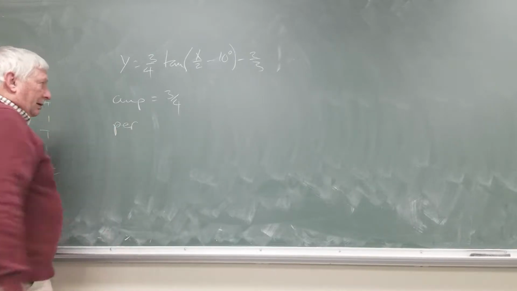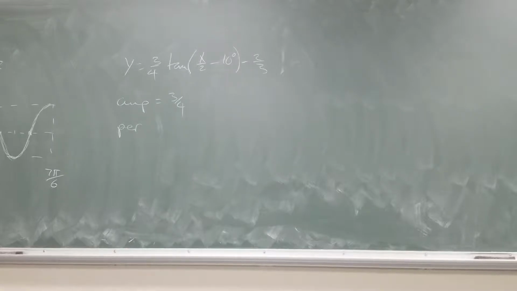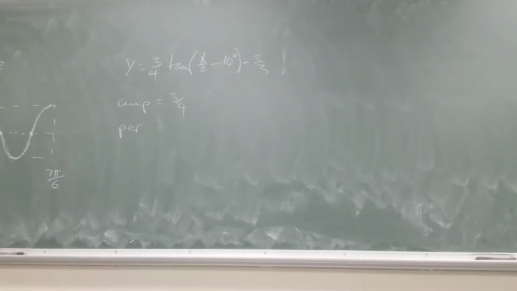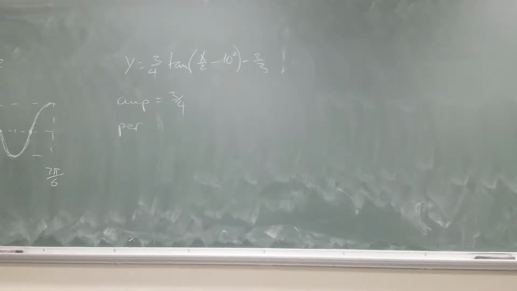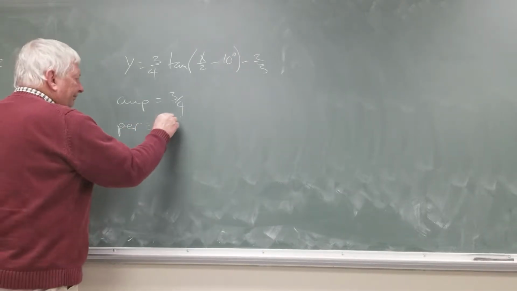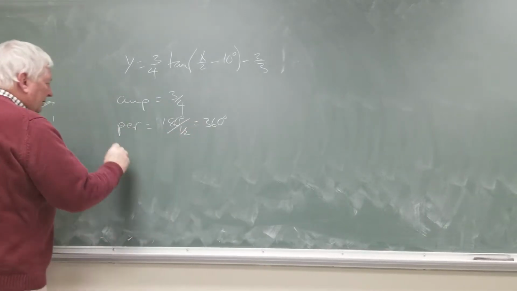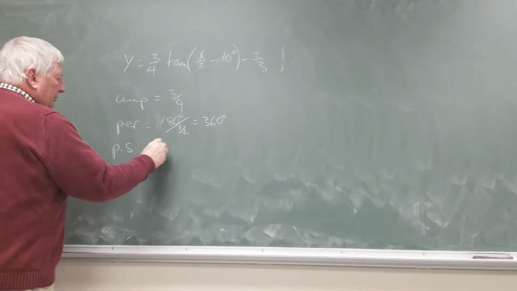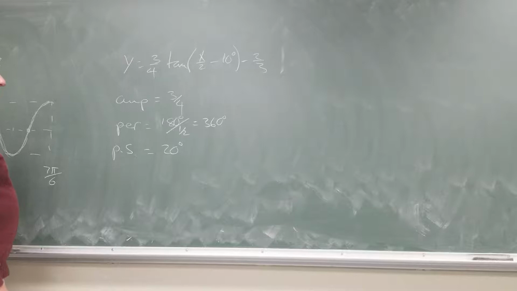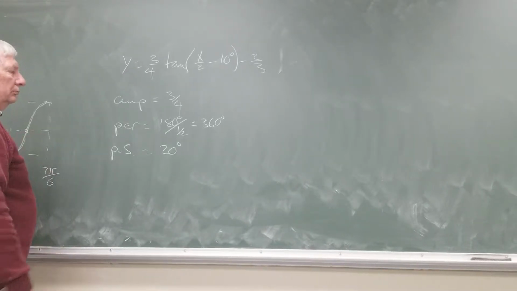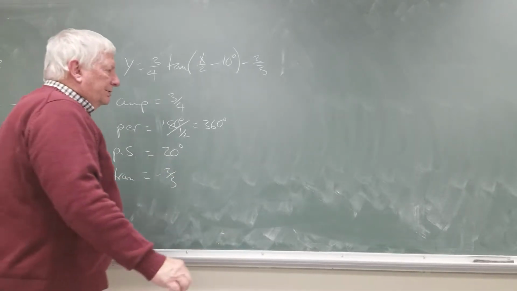Period. The standard for tangent and cotangent is only 180 degrees, or pi. In this case, degrees. So 180 divided by 1/2 is 360 degrees. Phase shift, 20 degrees divided by 2 is 10, minus 10 is 0. And translation, negative 2/3. So our graph frame,